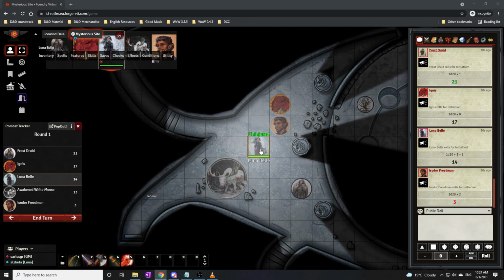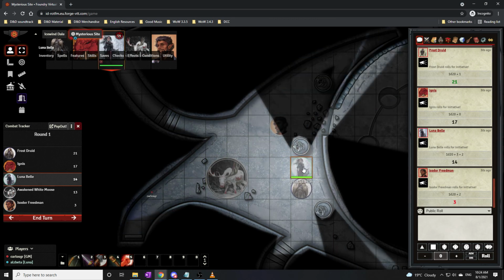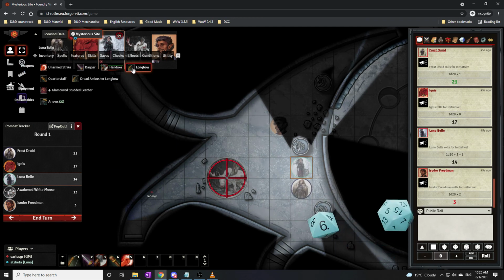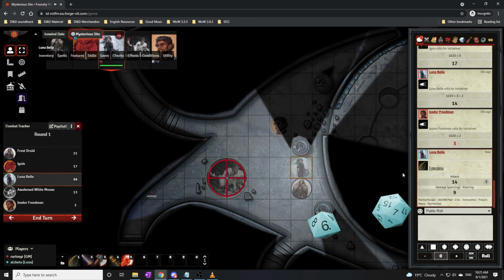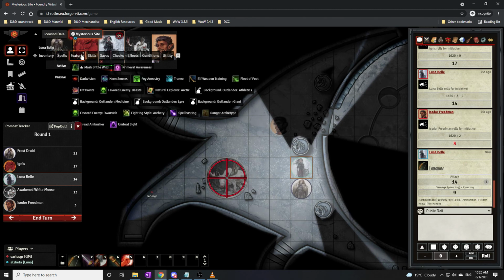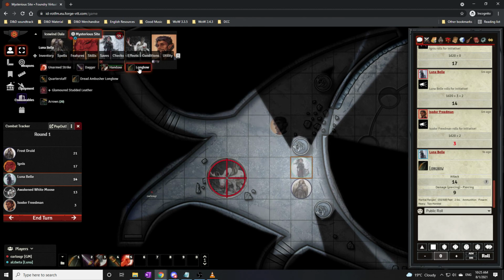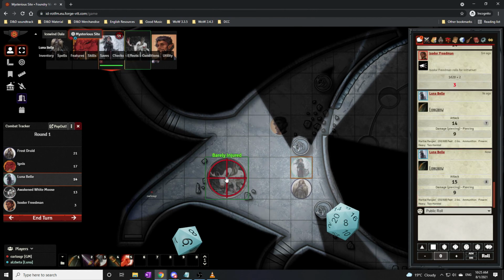So now that it's Luna's turn, let's suppose I want to shoot this moose that is over here. So I'm going to move Luna over here, and then I'm going to alt click the moose to target it, and then I'm going to go to my inventory and roll a longbow attack. I missed, so it doesn't do anything, right? Let's roll again and see if we can hit. With a 15 it hits,